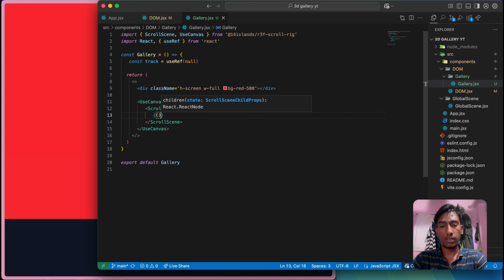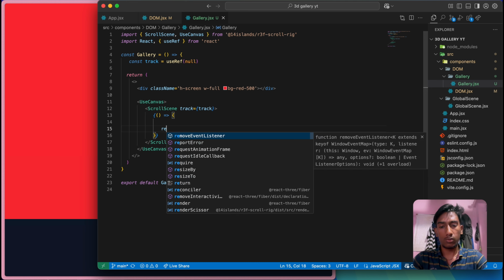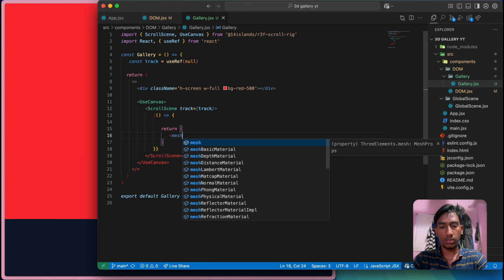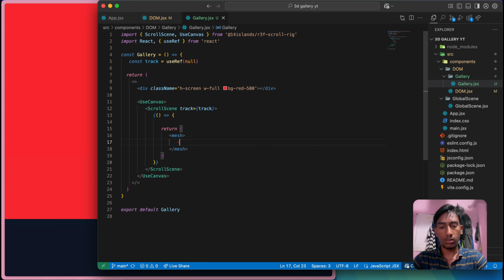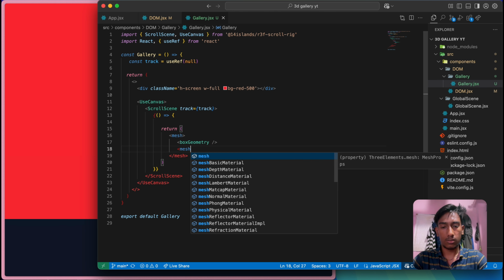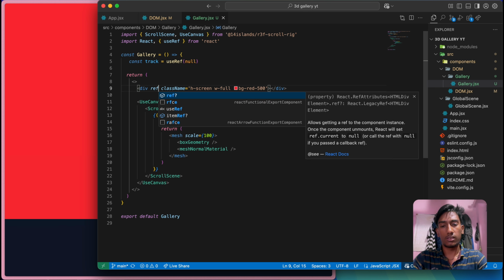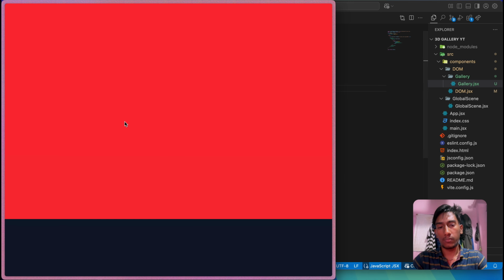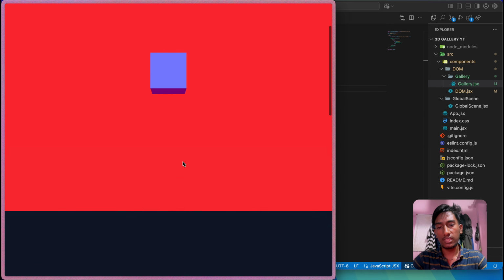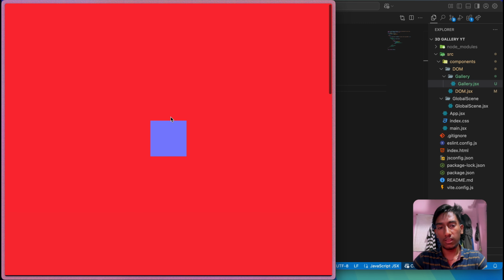I'm going to return a function here, and it will return a mesh with box geometry and normal material. Yeah, let's just scale it so we can see what's going on, and let's just grab this track reference. Yeah, now if I refresh, you can see a box at the center of the screen.